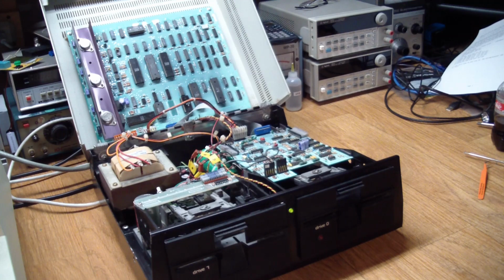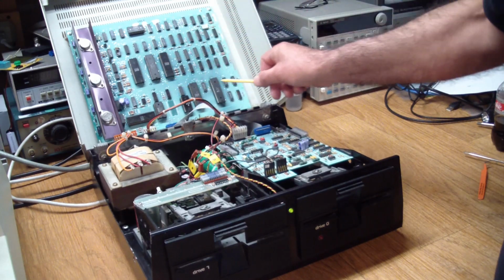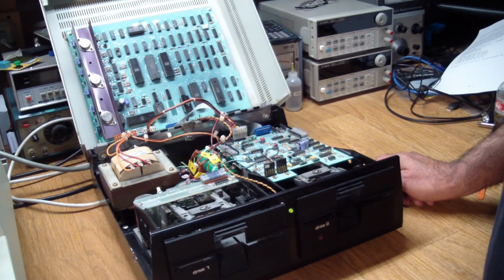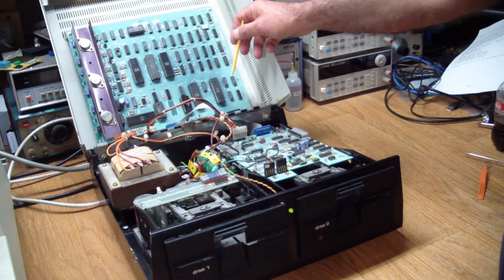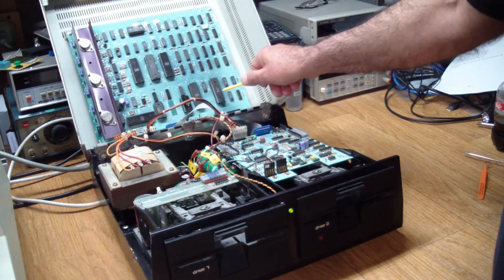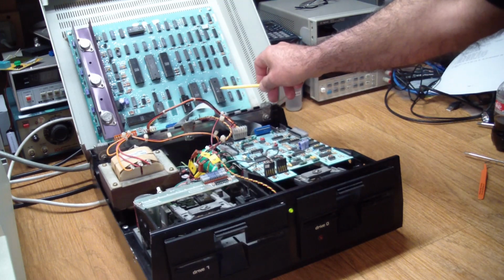So I hooked it up to the computer, and no love. It does control the drives. They start spinning. They do some seeking, but they're not working. So I spent quite some time looking at schematics and poking around the main board. And after a lot of testing and poking and prodding, I did find that there's two 6532 PIAs in here. And this one seemed to have a stuck output bit, or input bit. I'm not sure what it was, but the bit was permanently